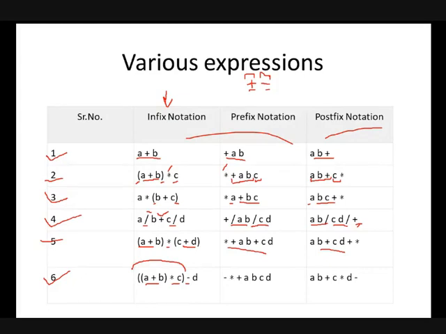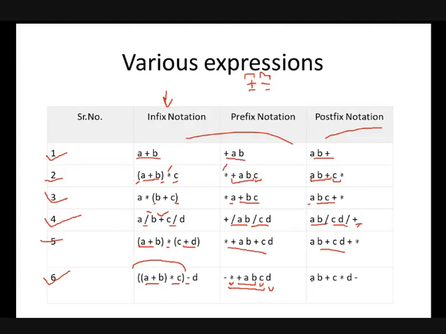Fine. So in this case, the prefix will be plus ab. It will come as one result, and in the next step you will have c, and the operator will come first in prefix, and then on this complete operand you are applying the subtraction operation with the second operand, that is d. Okay, so it will come in this sequence. So when you are converting from one form to another, underline it so that it becomes easy for you to understand what you need to do in the next step.